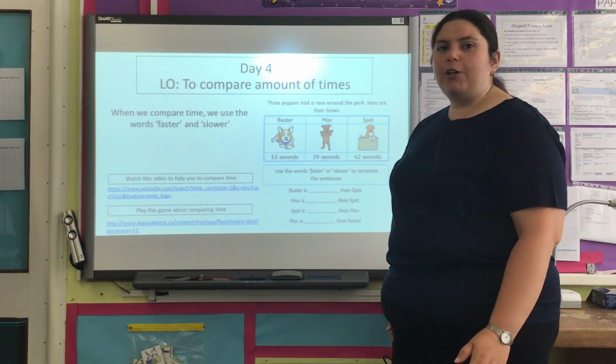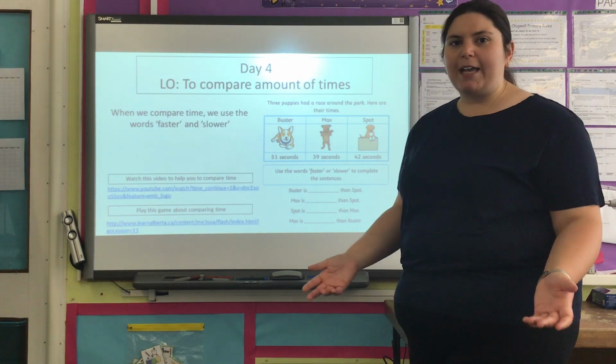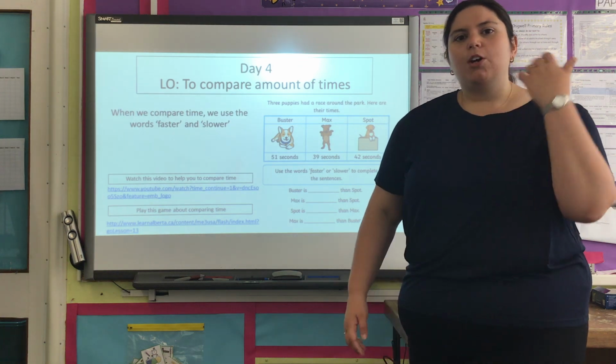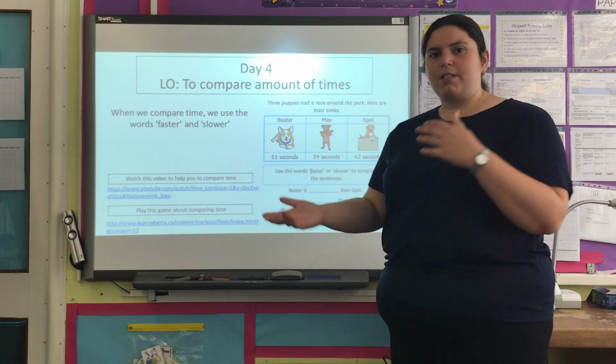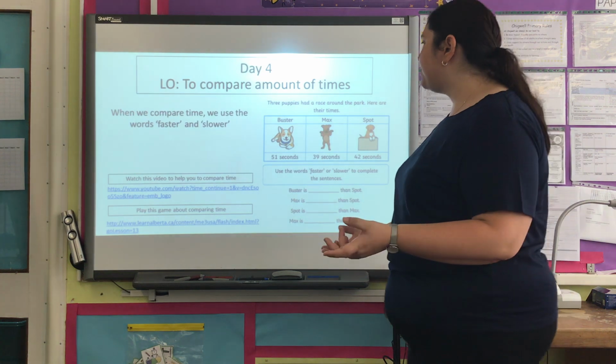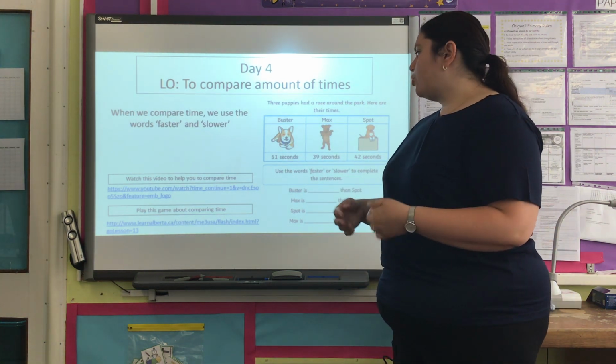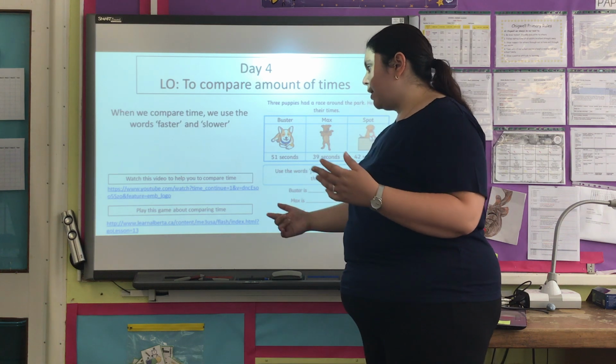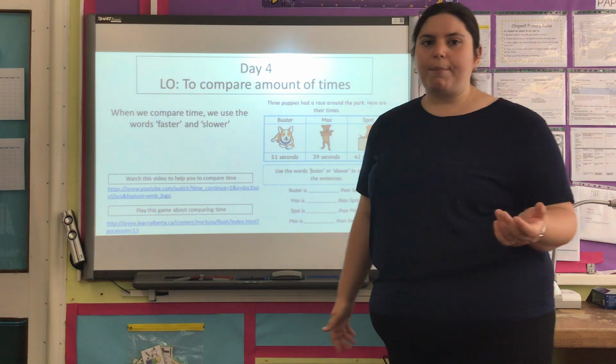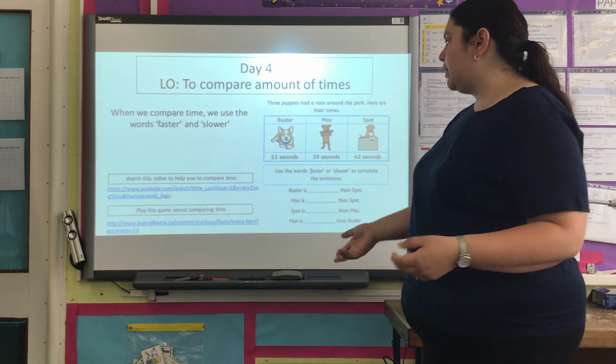Day 4 of our maths, we're looking again at time. This time we're comparing our amounts of time. Yesterday we looked at how we measure our time. Today we're looking at how we can compare the time. We use faster and slower when we compare time. We've got a video here to help us compare time as well as a game, so maybe you can come back to those on the PowerPoint, have a look at them, click on them, have